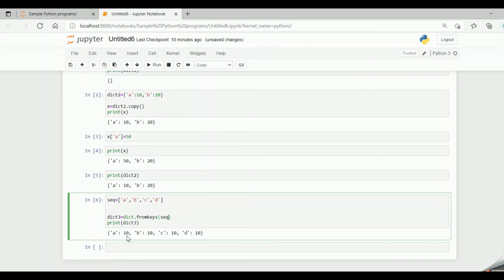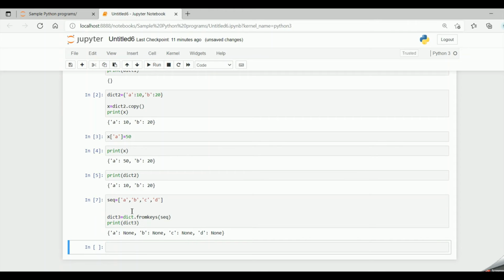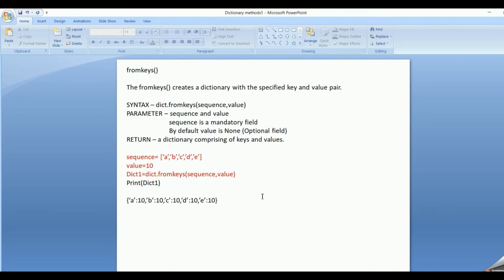Then instead of 10, the value None will be added into the dictionary. So A is None, B is None, C is None, and D is None, because if we don't specify any value, by default None is taken as the default value.